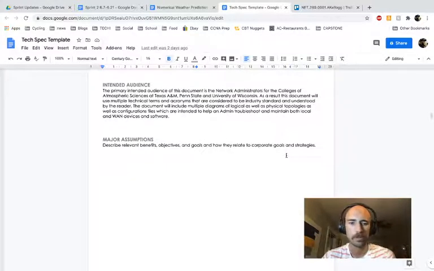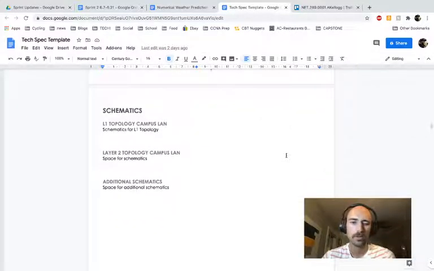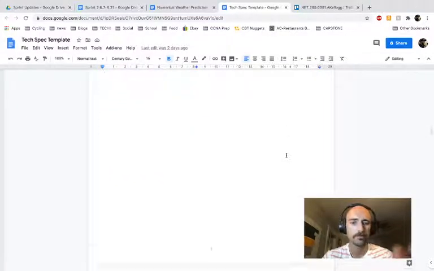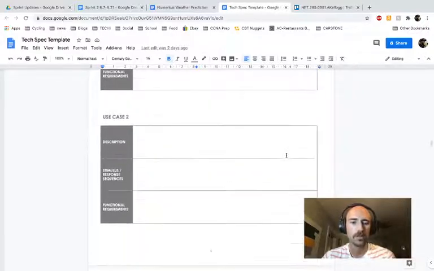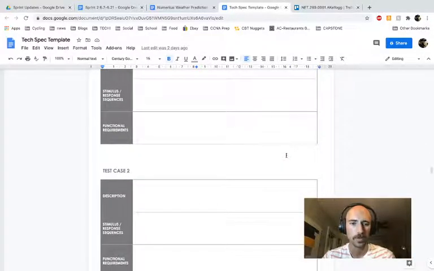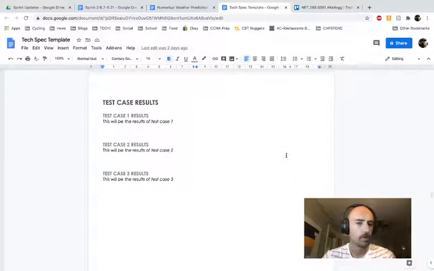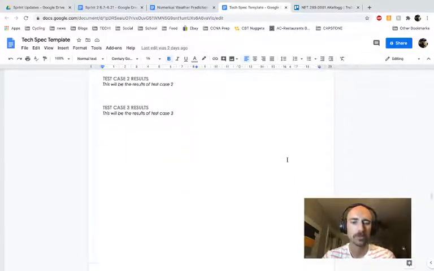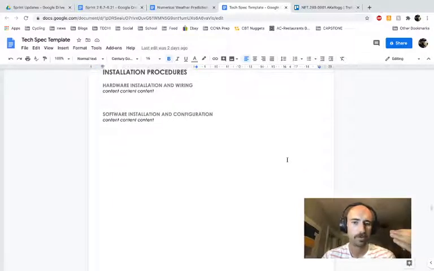I've not put in the major assumptions, but that'll be something I'll be putting in pretty soon. A section to put in actual schematics, and then sections for my use cases, and then behind that, my test cases, and there's space to add in more as I continue to add those. We'll have results for each of those and be able to talk about those. My installation procedures, once I've got everything defined out, actual instructions on how to set up and install, software configuration,